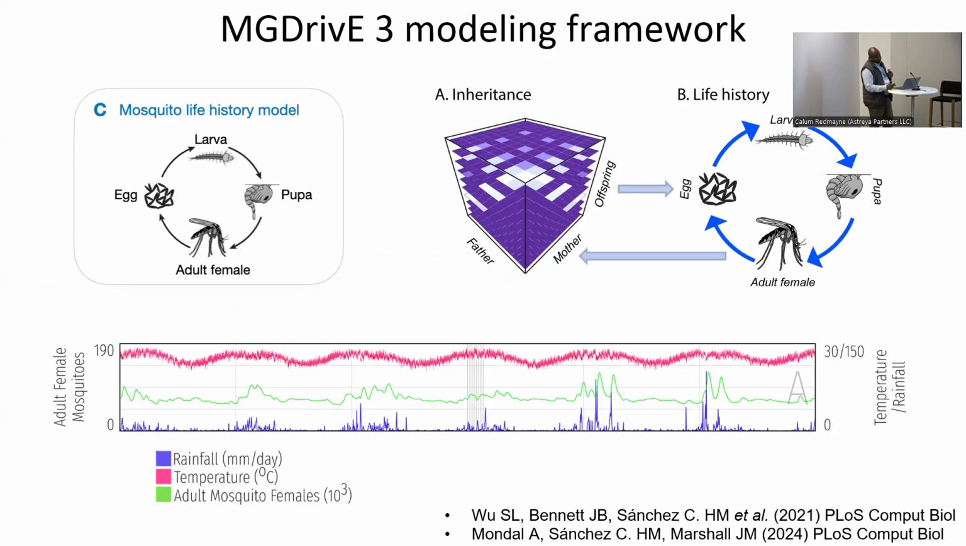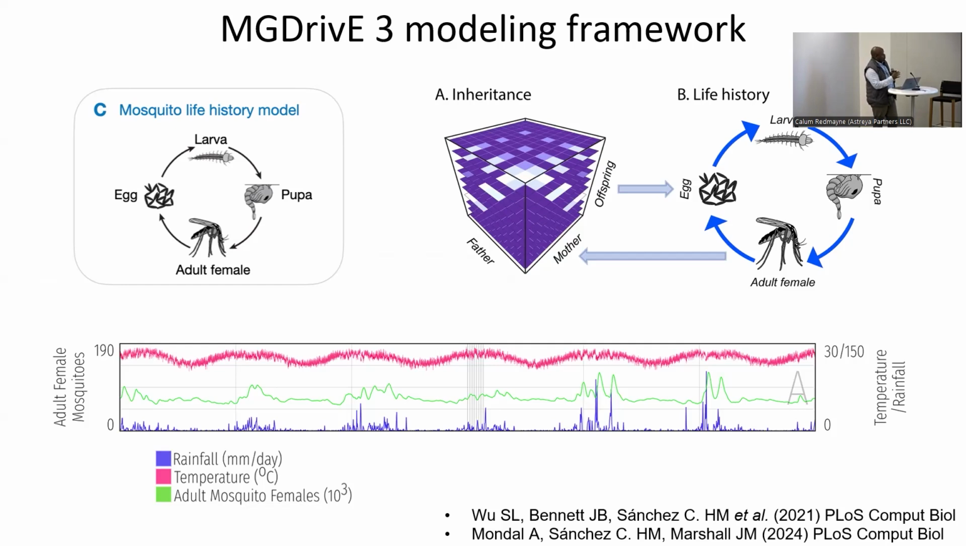So the simulation model that was used is MGDrive. In our lab, we have a series of these models called MGDrive. This is a model that is specialized in modeling the release of gene drive in the environment. And MGDrive 3, which is the latest model, has both the entomological side,